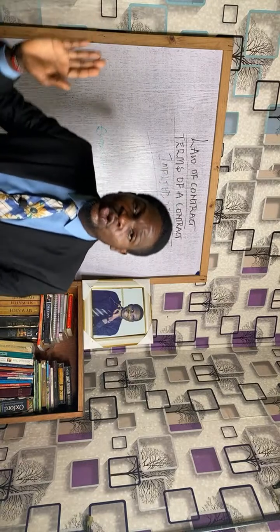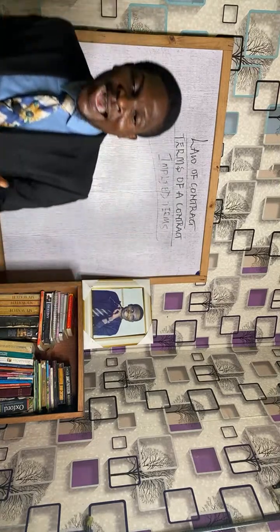Two things: when it has not been excluded by the contract, explicitly or expressly excluded by the contract. That's number one. And number two, where the usage is well established and notorious, that both parties to the contract are either familiar with it or must be presumed to be familiar with it. The fact must be so notorious or well established that it is said that the parties should have been familiar with it. Either they are familiar with it or we are presuming that they are familiar with it.